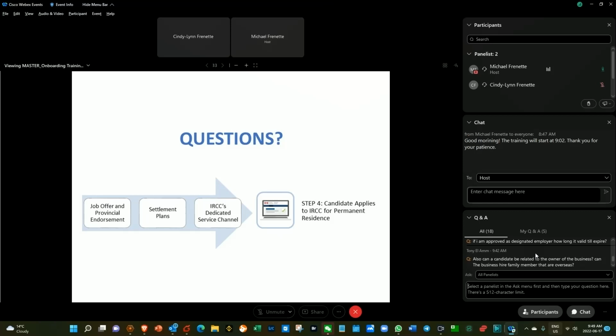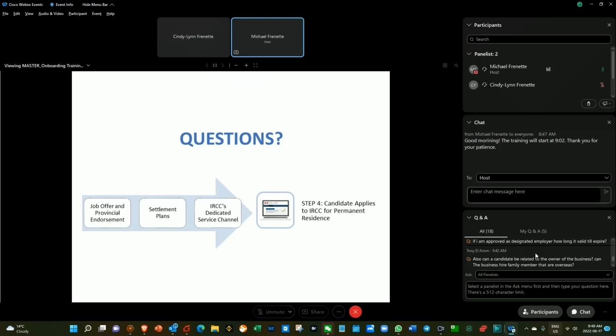So basically, someone is looking for clarification on timeline. First of all, for provincial endorsement, you will need to verify with the province directly. It will vary from province to province and depending on their workload. That's the first thing you'll need to confirm with them, how long it would take to get a provincial endorsement. But once you have a provincial endorsement, processing time for permanent residency is 12 months or less in 80% of cases.